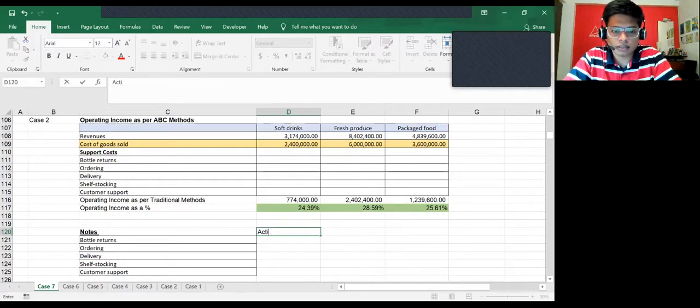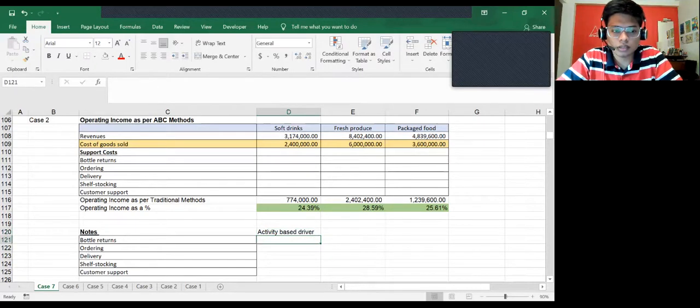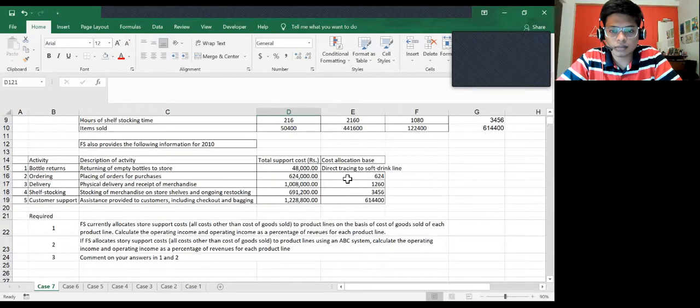So activity based driver. We already determined this over here. The best thing would be, for the exam purpose, you can directly copy this entire thing and just calculate the per unit cost. That would be the best.